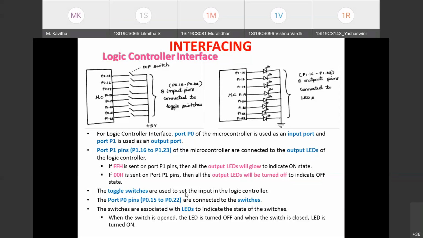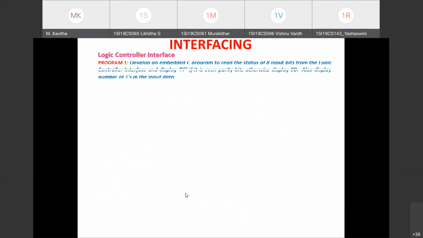So now we'll discuss the lab syllabus program associated with logic controller and other types of questions you can expect on logic controller. So let me discuss this first program. This is the third program of your lab syllabus. Already we have completed 4 programs: 2 on 7 segment display, that is the first and sixth program on 7 segment display interface, and the second and seventh program on stepper motor interface. So this is the third program of your lab syllabus, which is on logic controller interface.